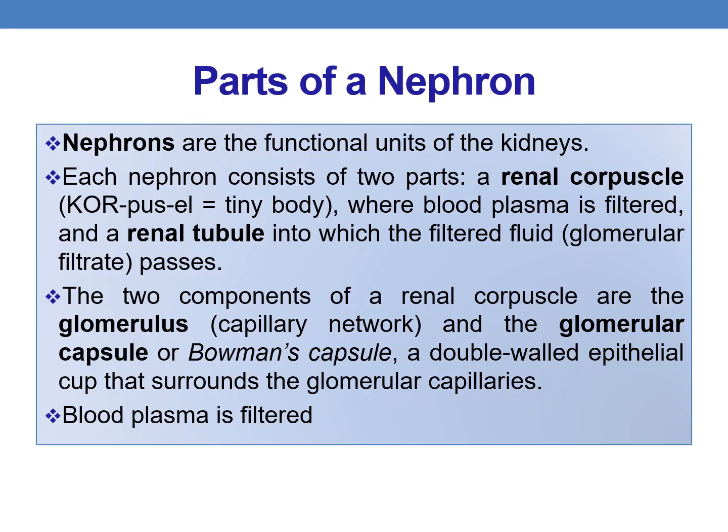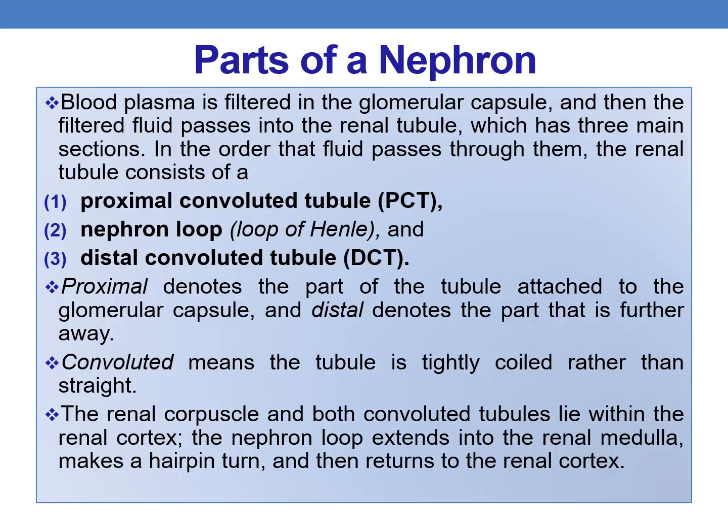Each nephron consists of two parts: a renal corpuscle where blood plasma is filtered, and a renal tubule into which the filtered fluid, or glomerular filtrate, passes. The two components of the renal corpuscle are the glomerulus, or the capillary network, and the glomerular capsule, or Bowman's capsule, a double-walled epithelial cup that surrounds the glomerular capillaries. The blood plasma is filtered in the glomerular capsule and then the filtered fluid passes into the renal tubule,